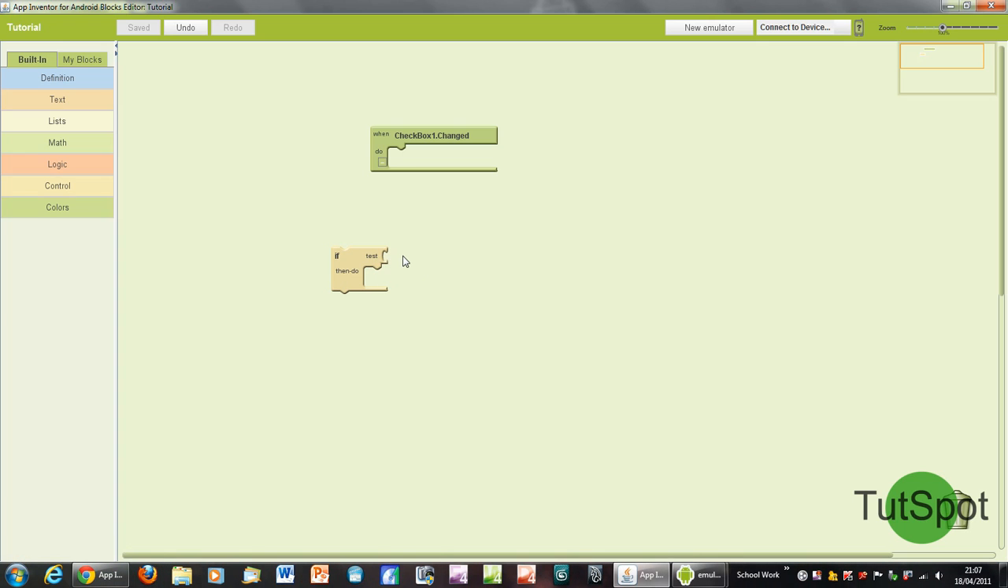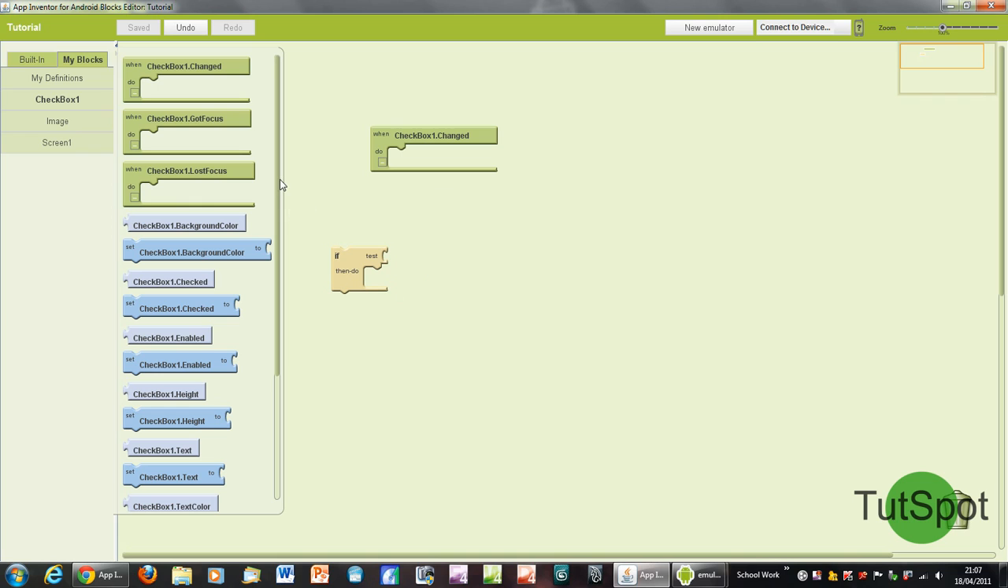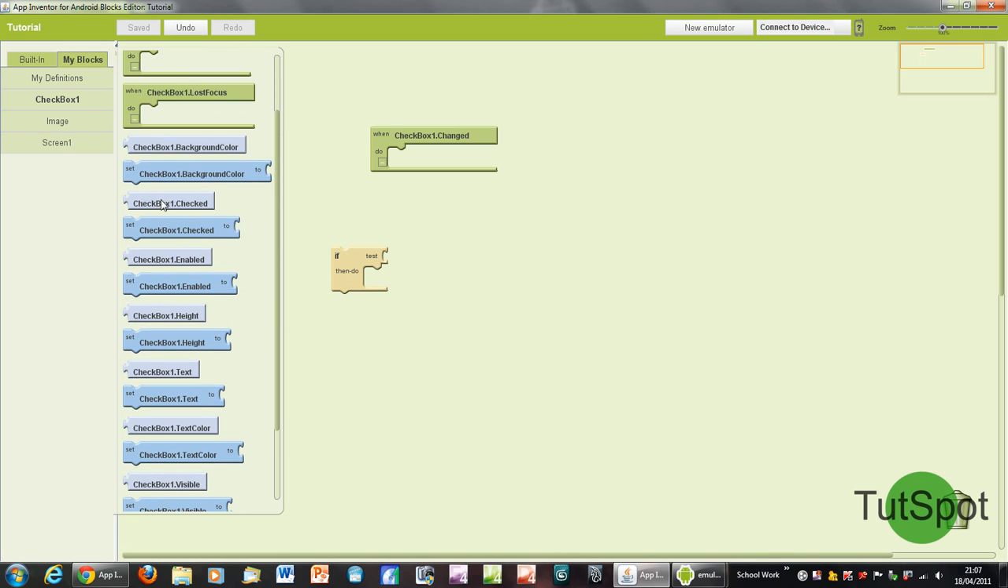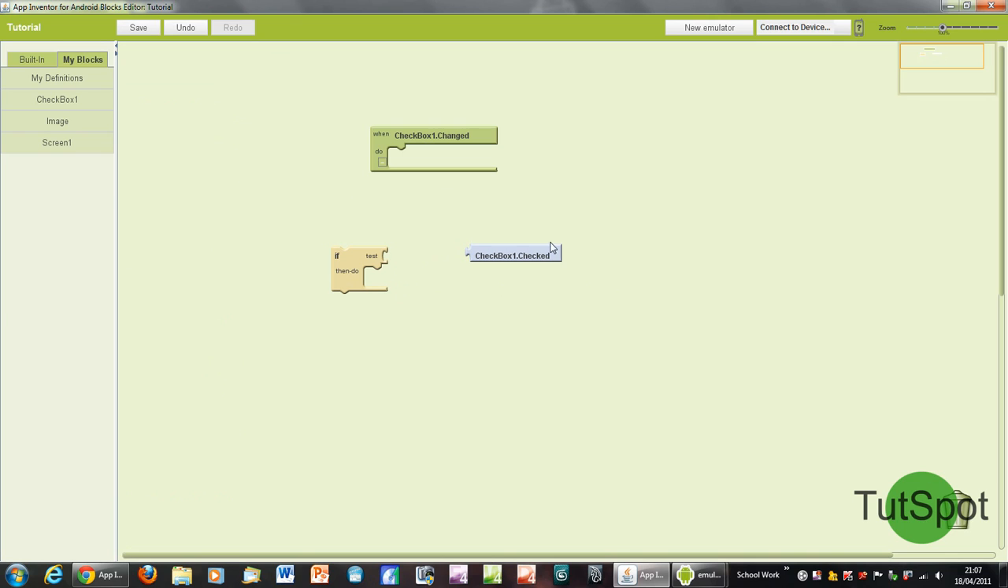If the test comes back as false, then it won't perform that command that's underneath here in the then do part. So our test is going to be whether the checkbox is checked or not, and in order to do that we just need to go on to My Blocks again and find the checkbox and find the checkbox 1 checked variable, and this little light purple box is basically the piece of information that will tell us